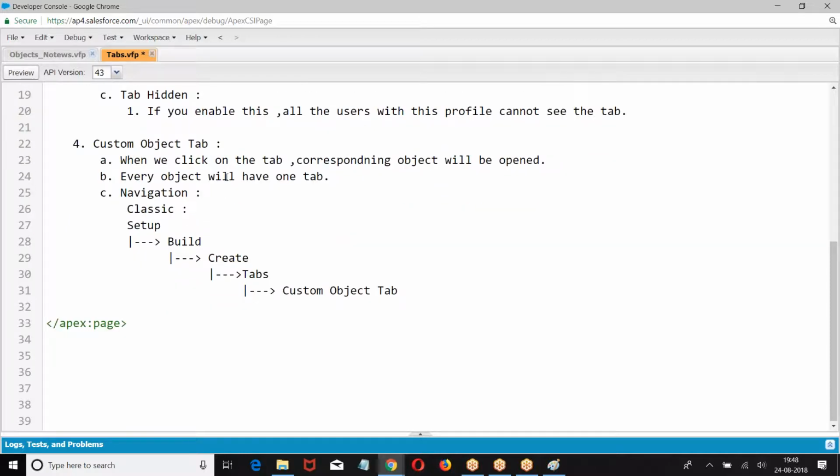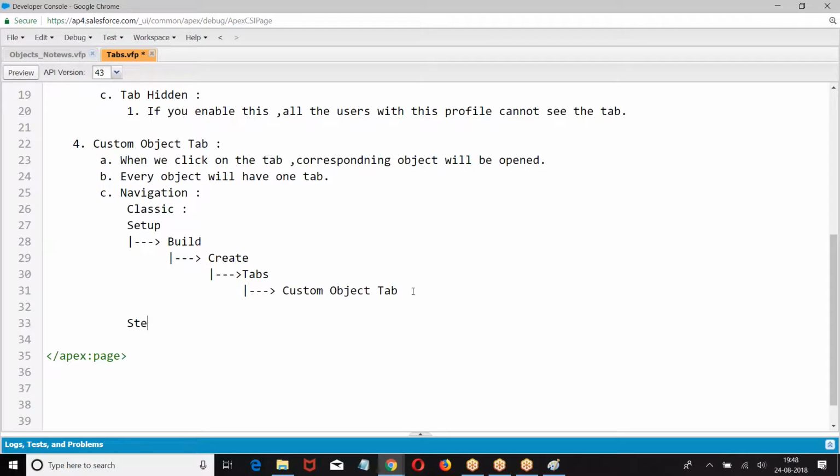Setup, build, create, tabs, custom object tabs. Now let us go back to this.